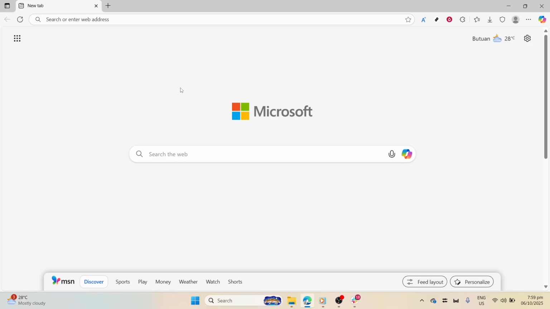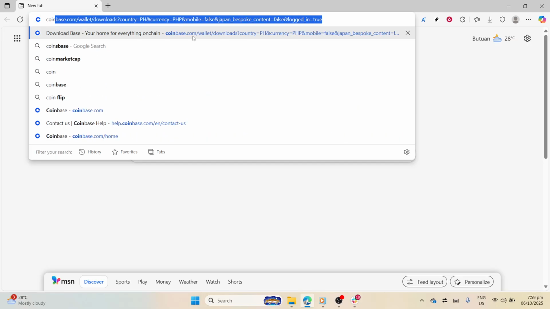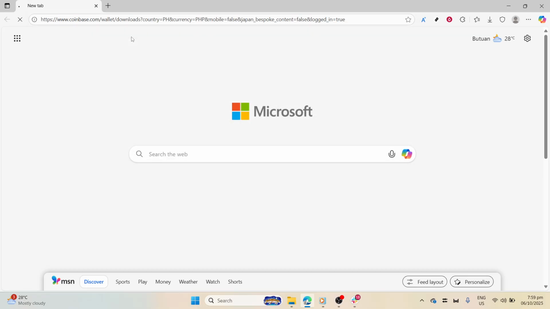To begin, open your favorite web browser on your computer. We recommend using browsers like Google Chrome, Firefox, or Microsoft Edge for the best compatibility and performance. Once your browser is up and running, navigate to the website by typing in the URL bar www.coinbase.com/wallet/downloads. It's important to ensure that you're visiting the official Coinbase website to protect your information and avoid any potential